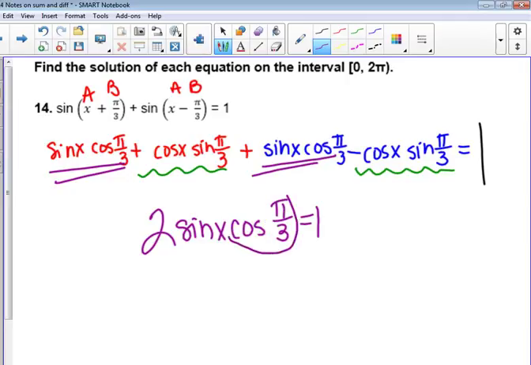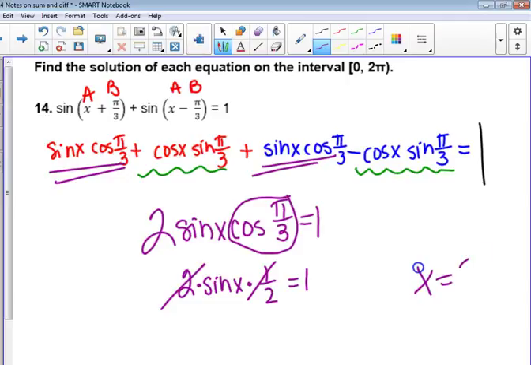If we put a value in there for that, 1/2, yeah. So it's 2 times the sine of x times a 1/2. So at some point, whether you divide and then multiply, it simplifies to the sine is 1, which only happens at